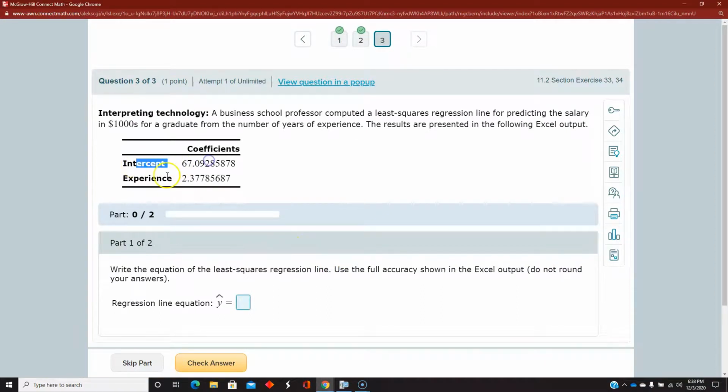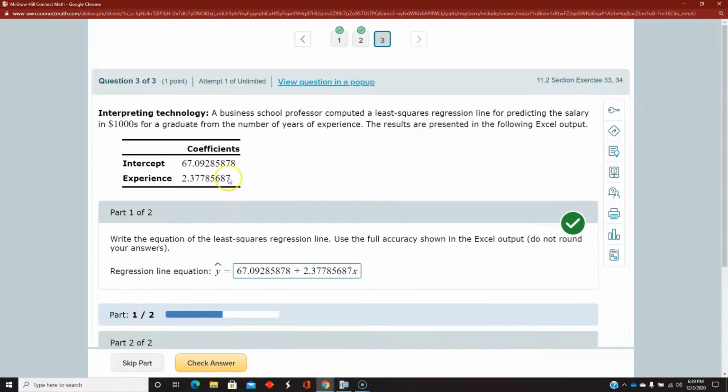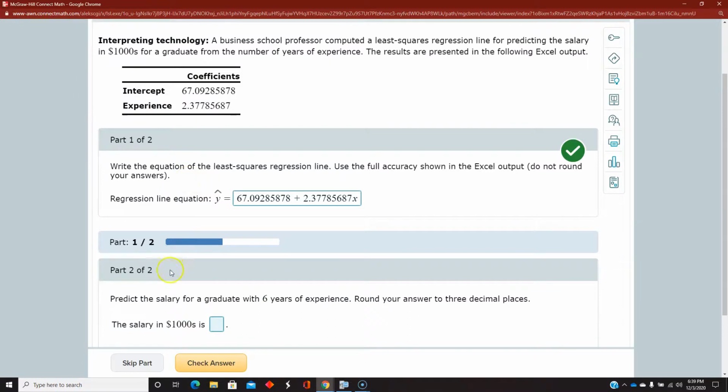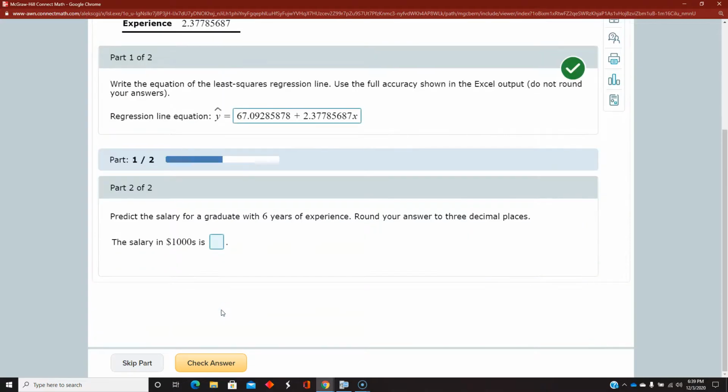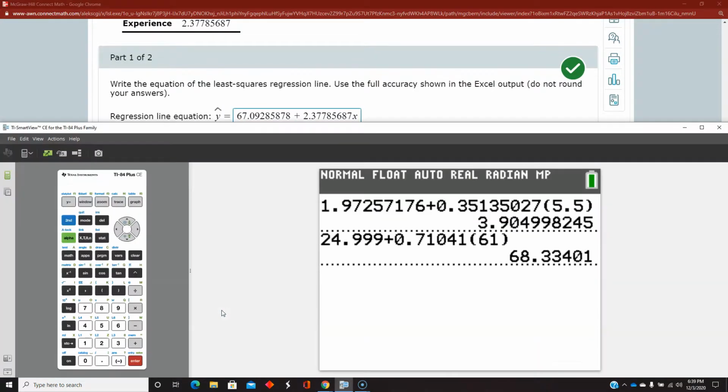So intercept and slope. What is the equation of the line? 67.0... They want us to, so this is an example of what the printout looks like from Excel. And again, they want us to use all those decimal places, 2.3778567x. So we're just getting the equation of the least squares regression line from the printout. And then predict the salary for a graduate with 6 years experience. So we're going to put 6 into the equation,